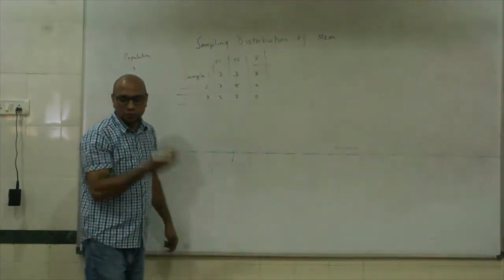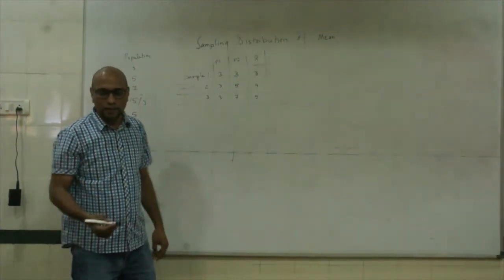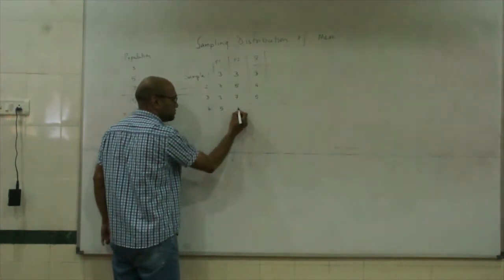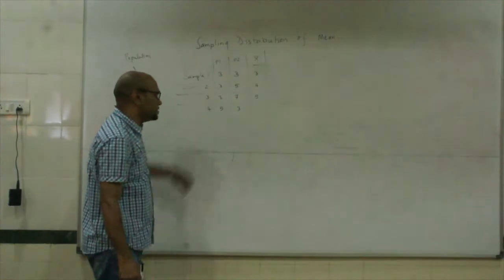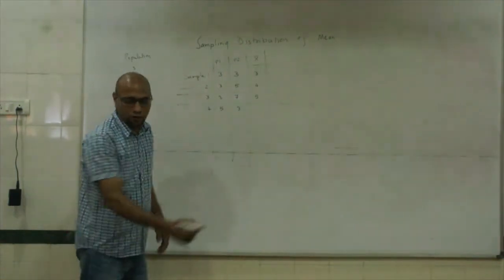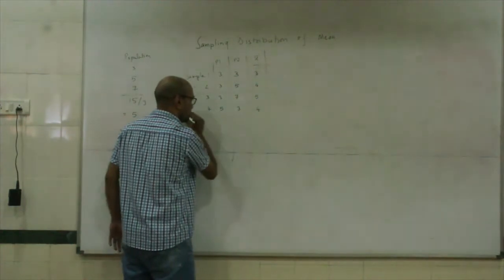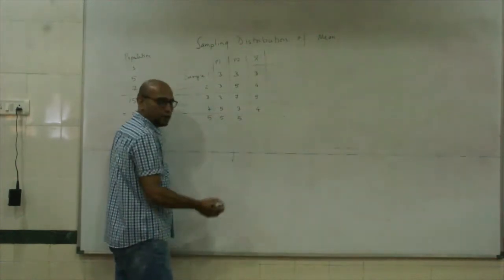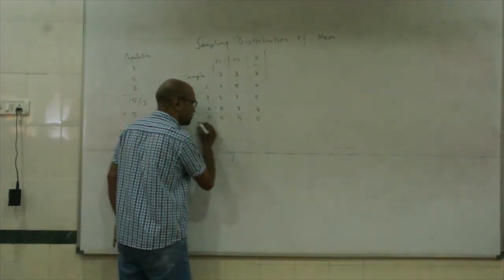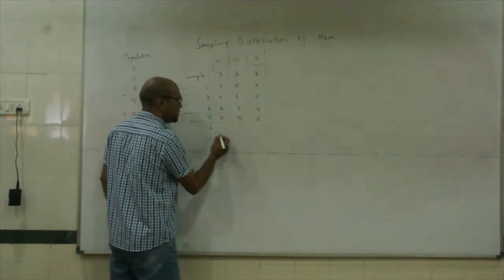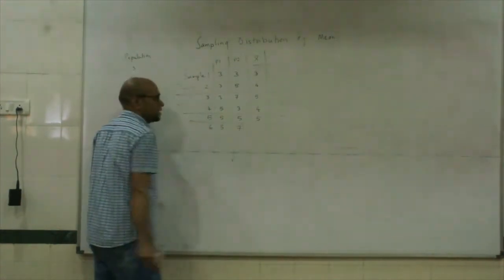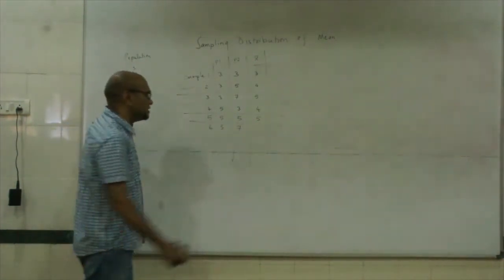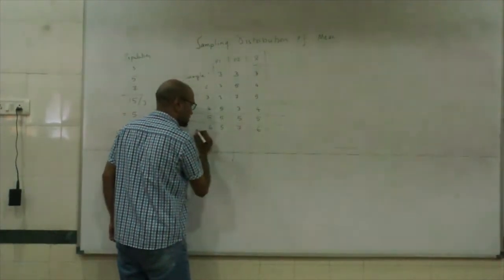Okay, now suppose my first is 5 and then I get 3. So the fourth sample is, first participant is 5, second participant is 3. It's again 8, the mean is 4, right? Then I get the fifth sample 5 and 5, right? It has a mean 5, needless to say. I take a sixth sample 5 and 7, right? So first participant has a value 5, second participant has a value 7. This is what I mean, 6.